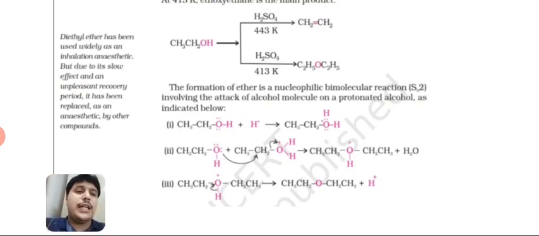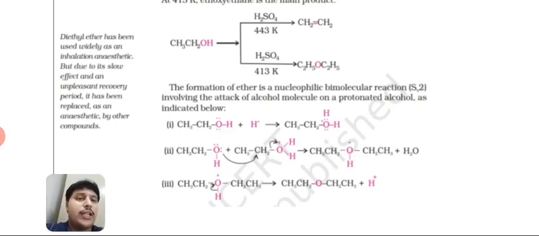So you see that H+ is again free, and this H+ is going to convert another molecule of ethanol to ethoxyethane. So H+, at the start of the reaction, is the constituent used for the protonation of the molecule, right? So this H+ is required, and in this way the complete cycle is completed.